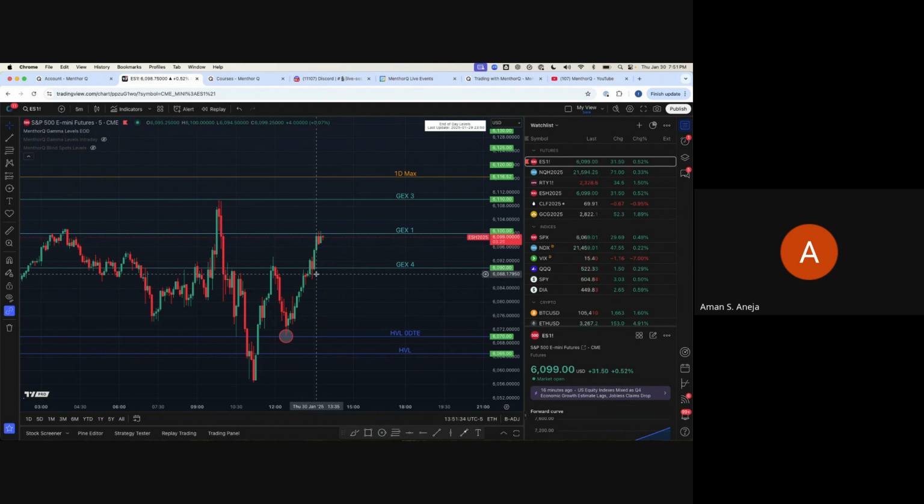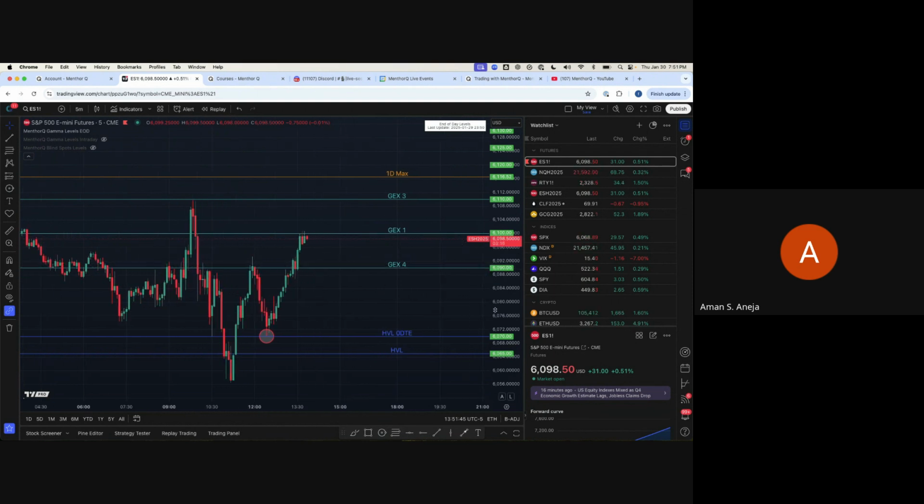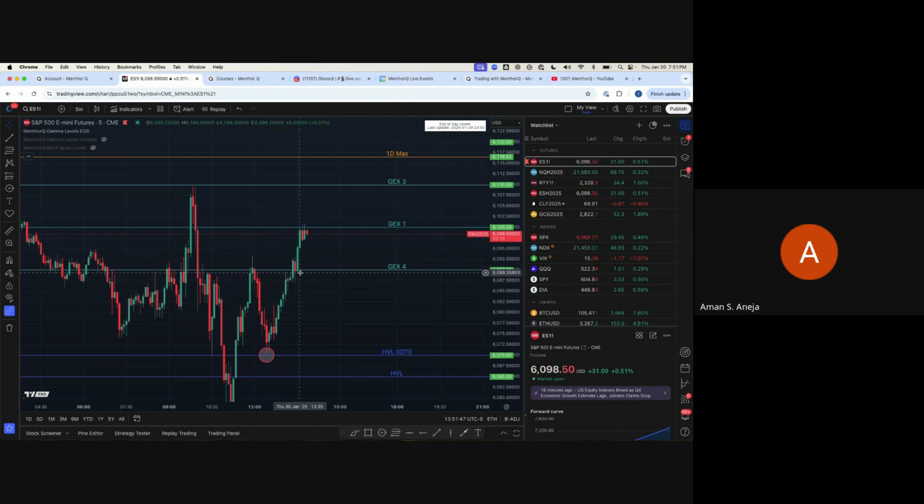And even if you didn't get in there, then you just wait for the next subway train, right? And I think that's where the beauty of the levels are. You don't play in between. Just wait for those levels. Set yourself an alert. Walk away, get a cup of coffee,